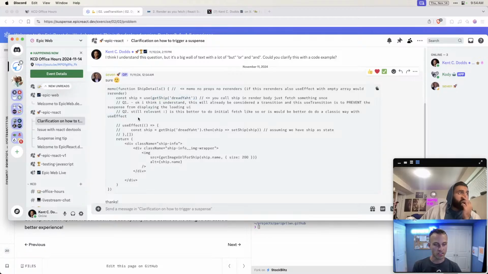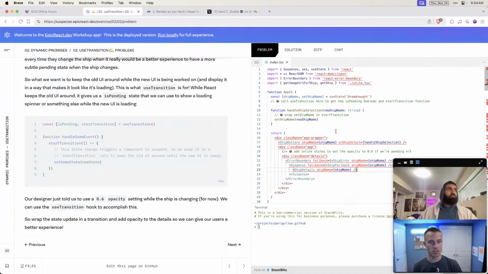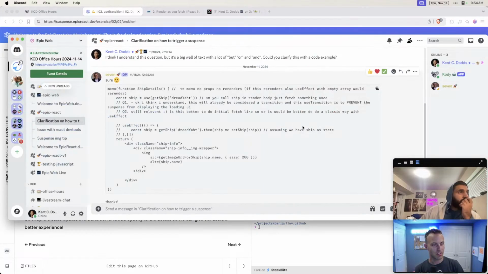Do not use useEffect. useEffect suffers from the same problem. You'd have to move the useEffect and stuff. Nobody wants to do that anyway. Yeah, don't use useEffect. And even if you don't want to use the use hook like this, if you want to get into more serious caching strategy stuff, then you probably want to use TanStack Query or React Query. That is going to do a lot more for you than our simple cache map thing here.